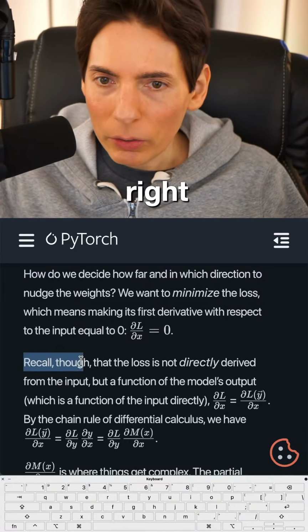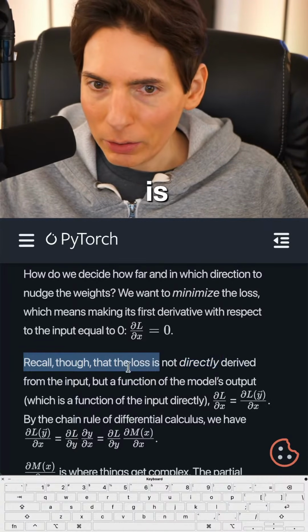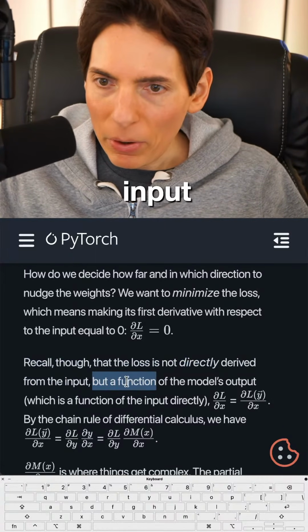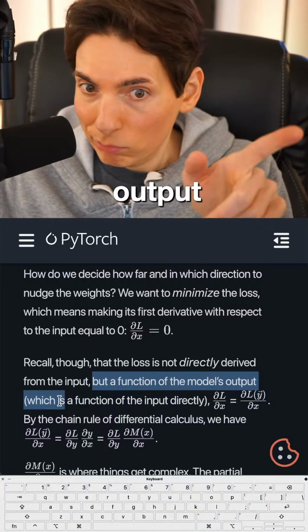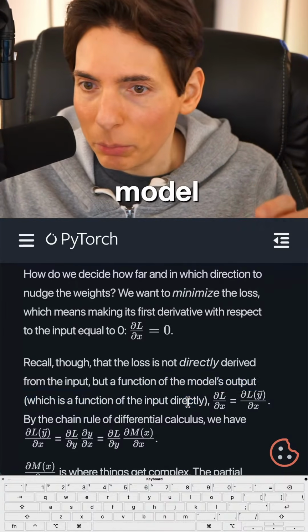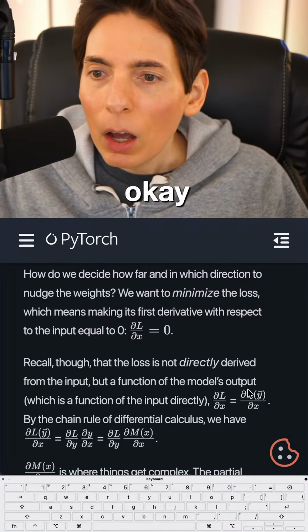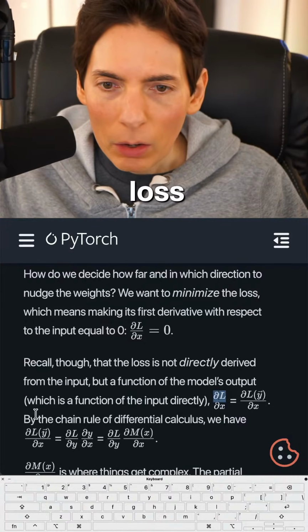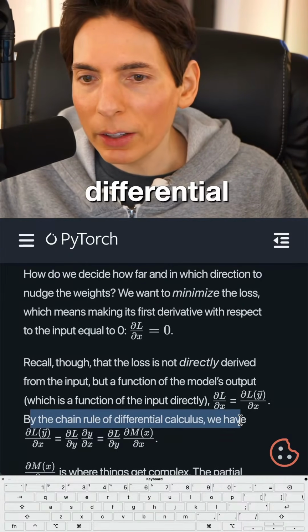All right. Recall, though, that the loss is not directly derived from the input, but a function of the model's output, which is a function of the model input directly. Right. Okay. Oh, is L loss? By the chain rule of differential calculus, we have